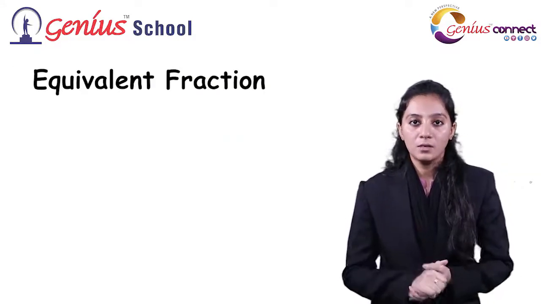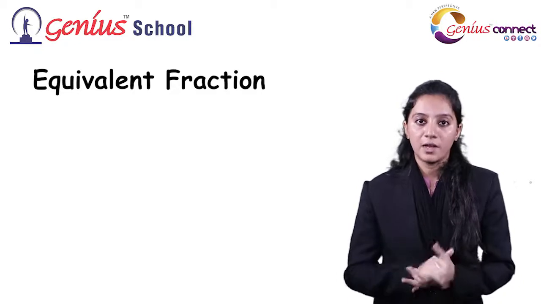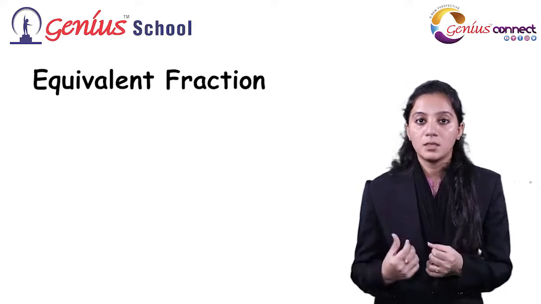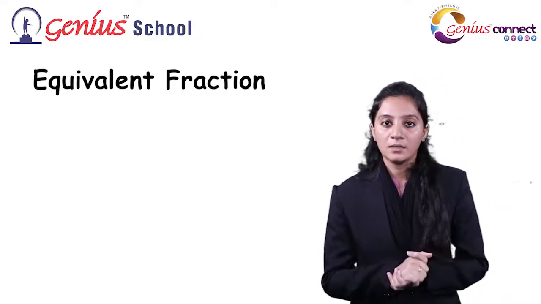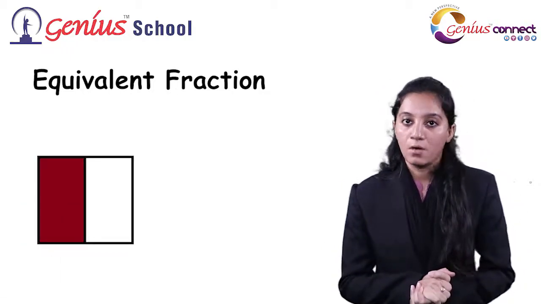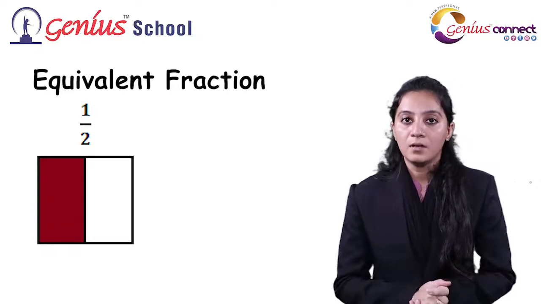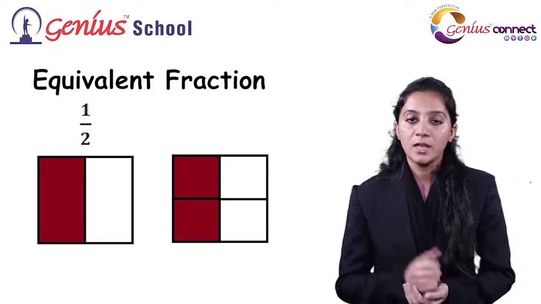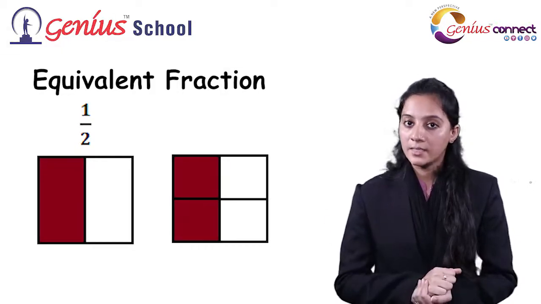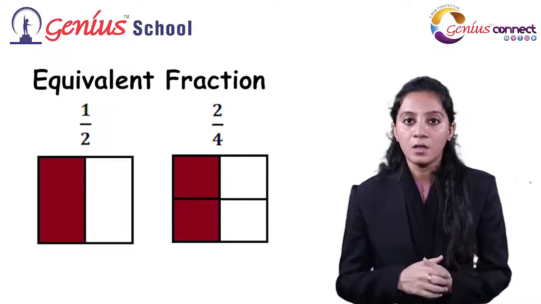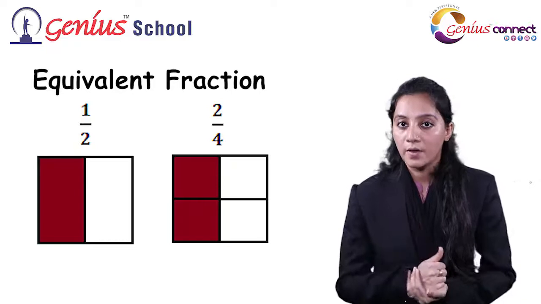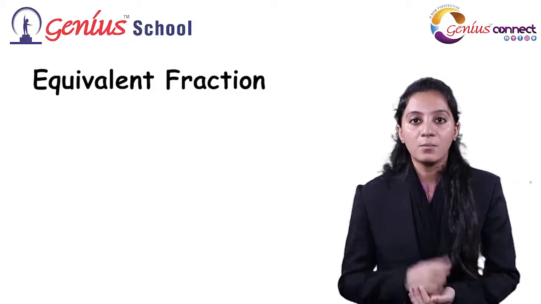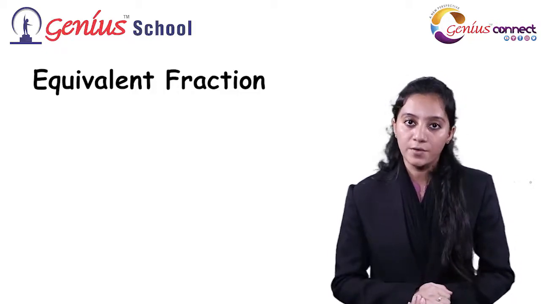Now we are moving to equivalent fractions. What do you mean by equivalent fraction? The representation of the fraction is different, but in the pictorial form you can see the meaning is the same. You can see the example: I have 1/2 of a square, and in another example I take a square, divide it into 4 equal parts, and shade 2 parts. Now you can see the shaded part of both squares is the same, but the representation of the fraction is different. The first square is 1/2 and the second one is 2/4. So you can see the numbers are different, but the meaning is the same. So this is an equivalent fraction.